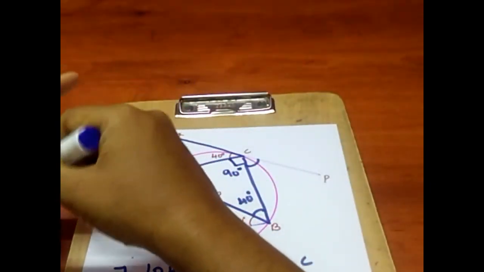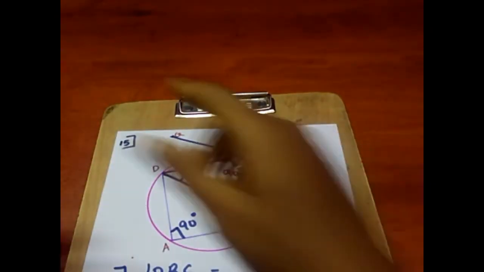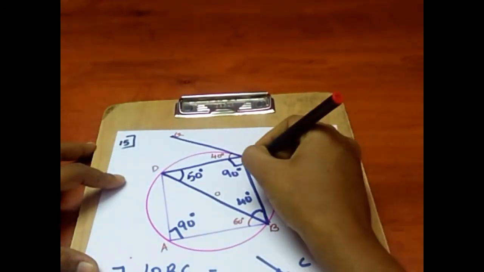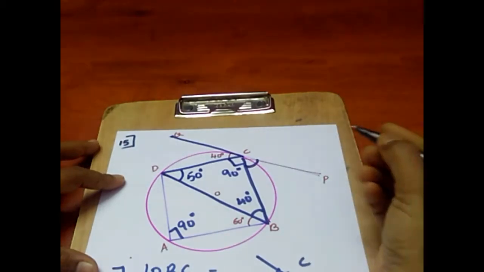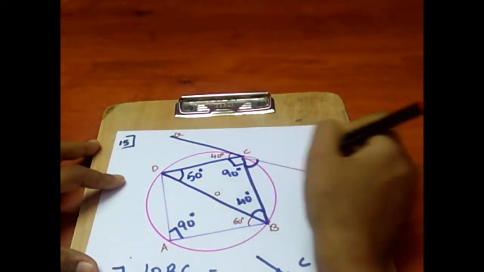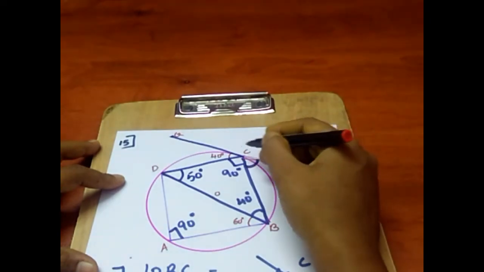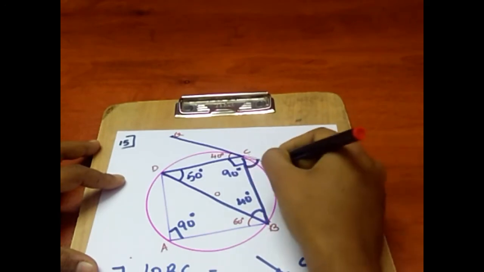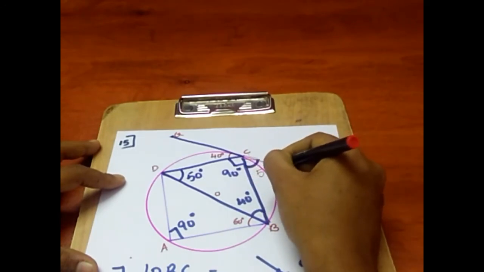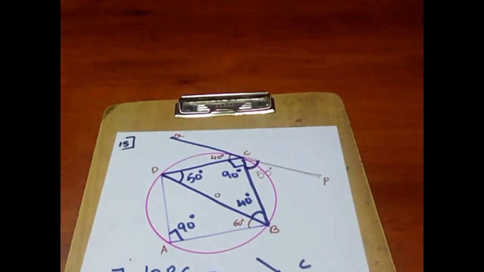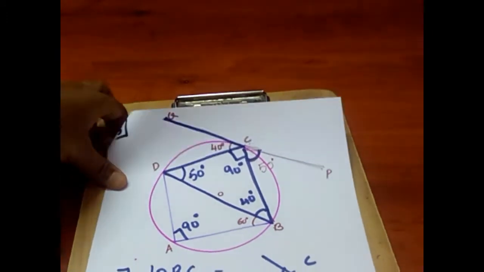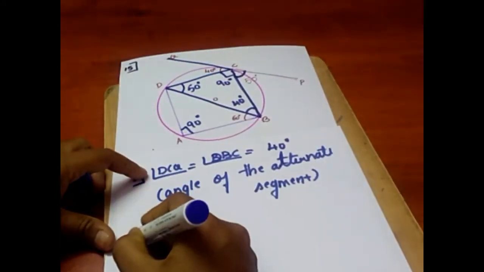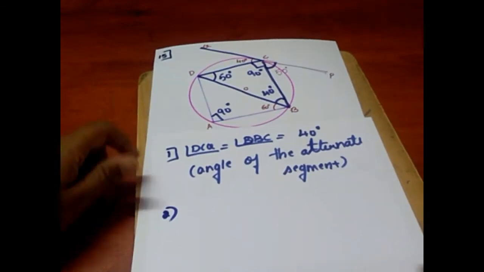Here you can just note down angle BCP. This is the angle formed at the intersection point of a chord BC and the tangent QC at the point C. This angle is equal to BDC, which is the angle in the alternate segment. Hence the second point, angle BCP is equal to 50 degrees. Let us write the second point by observing the diagram. Note down, children. If you are able to do it, pause the video, complete it, come back and then cross check.